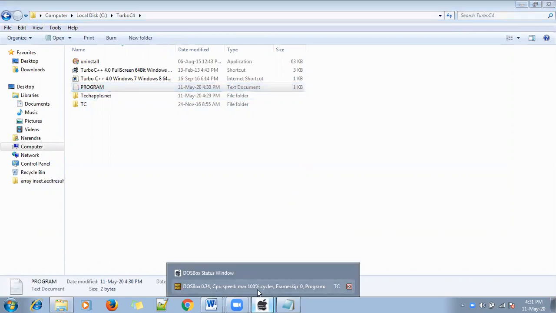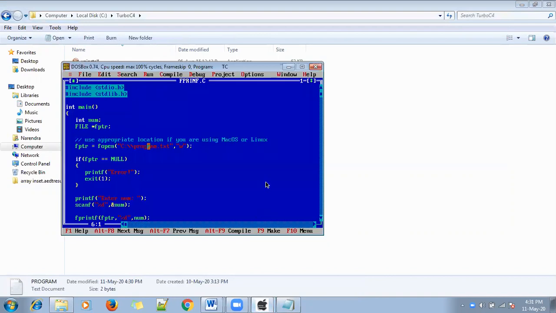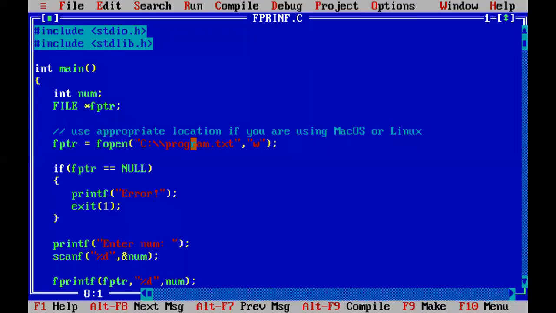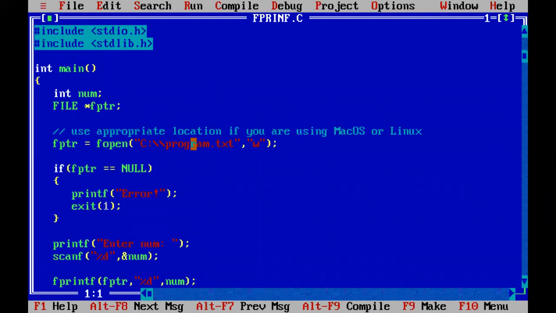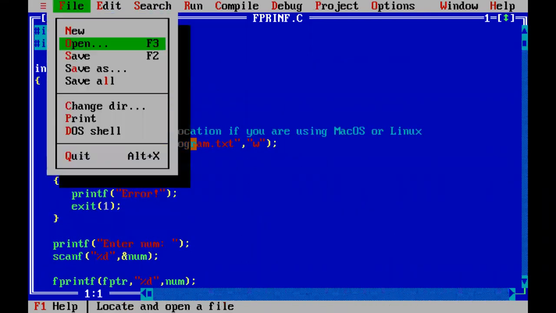Like this you can write as much data as you want and store the data permanently in files. This is the advantage with fprintf. Are you clear? This is fprintf. Now we will go for another one, fscanf.